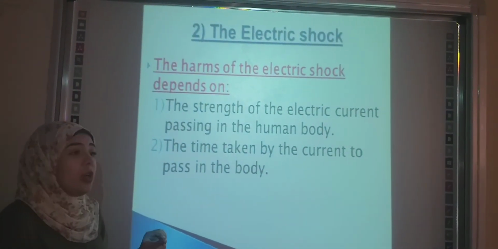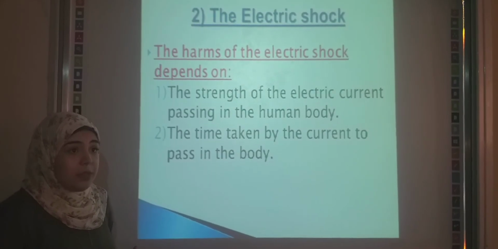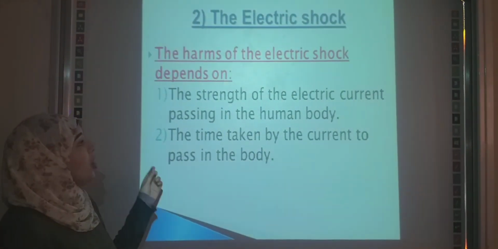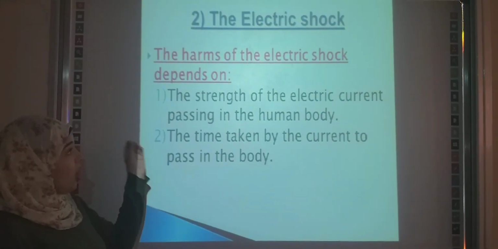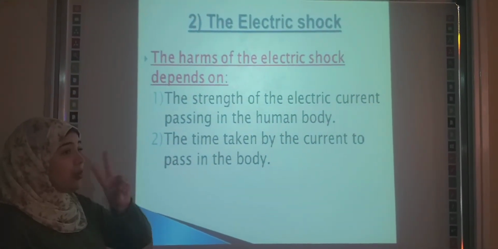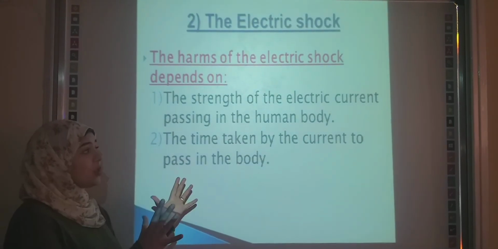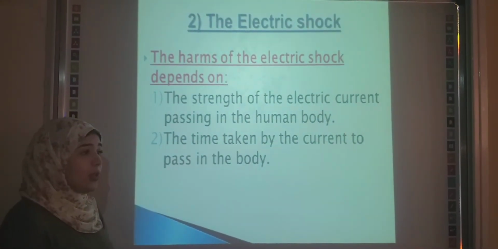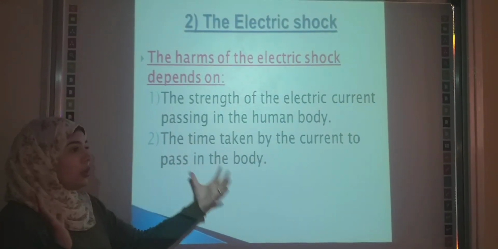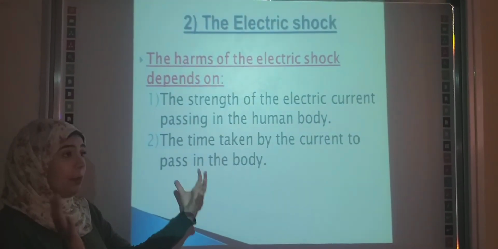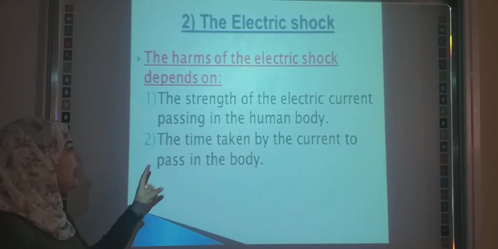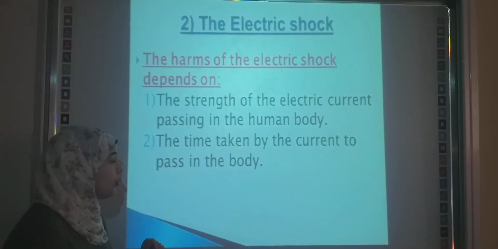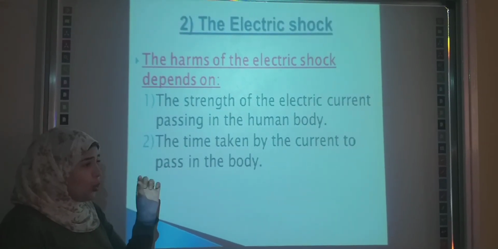Okay, electric shock is very dangerous. Sometimes it may lead to death. What are the harms of electric shock? The harms of electric shock depend on two things. Number one, the strength or the amount of electric current passing through the human body, whether a small amount or a large amount of electric current passes through. Number two, the time taken by the electric current to pass through the human body, whether a short time